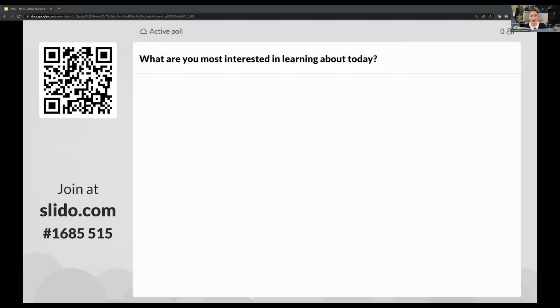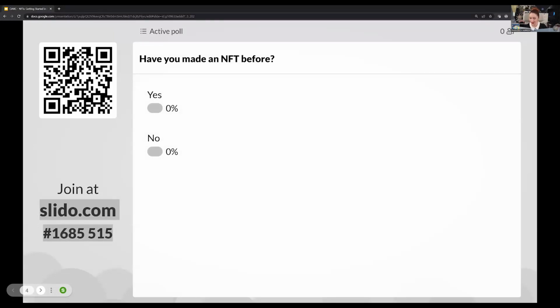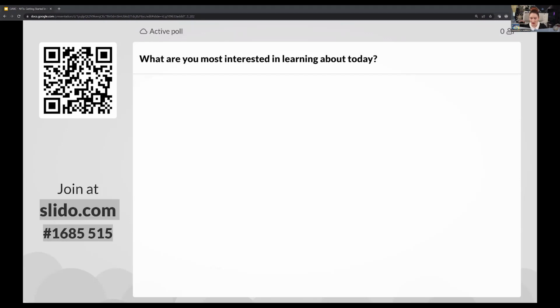So if you would join me either by screenshotting or using this QR code on your phone, or by going to slido.com and using this code, and these are just the slides for today one last time, to let me know what you're most interested in learning about today.